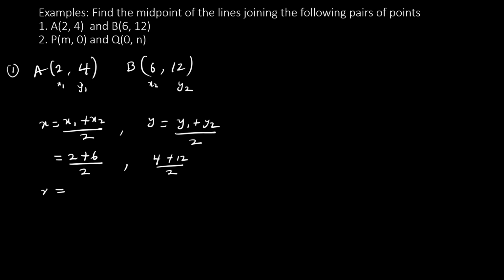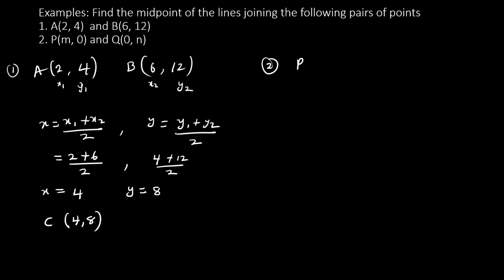So our x now equals 8 divided by 2, which is 4, and y equals 16 divided by 2, which is 8. So the coordinates of the midpoint, which is point C, will be x, which is 4, y, which is 8. So this is the coordinate of the midpoint. The second part,